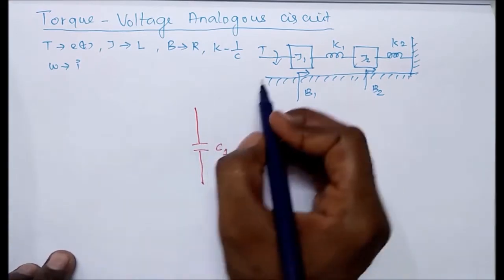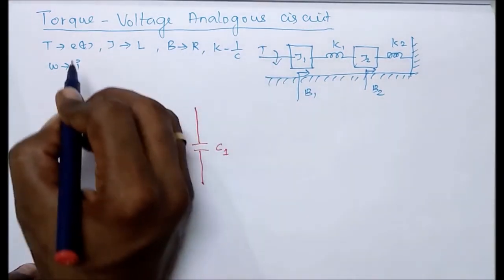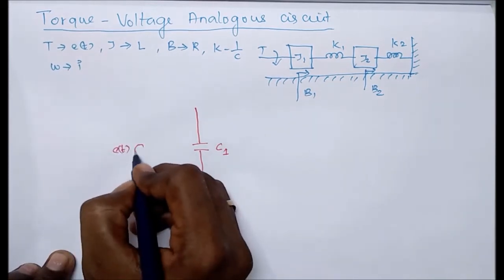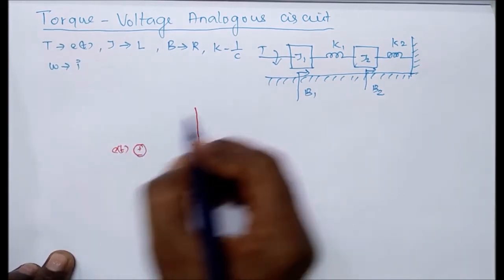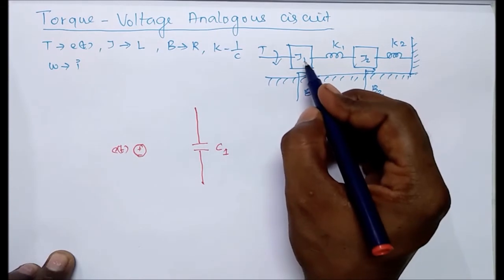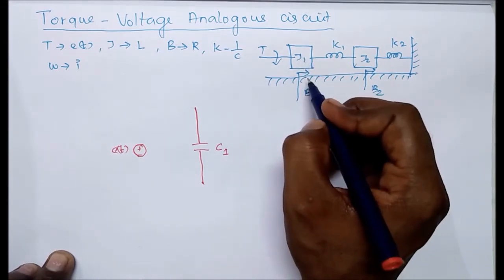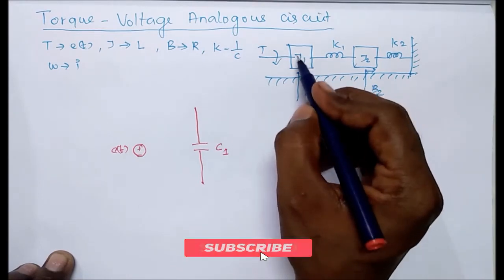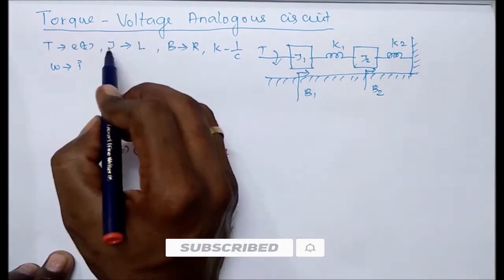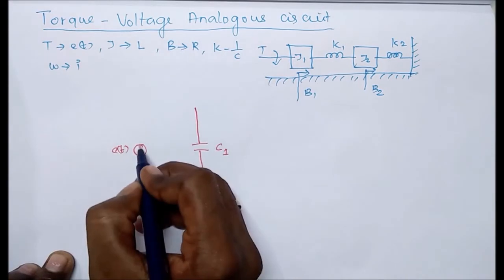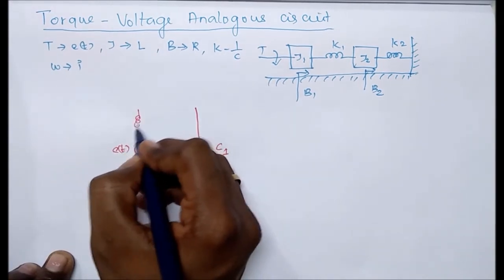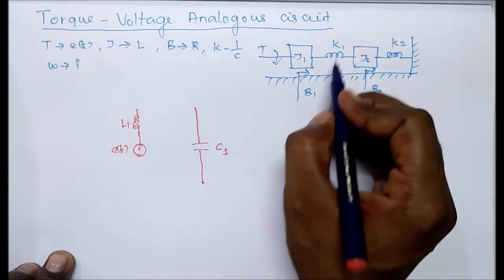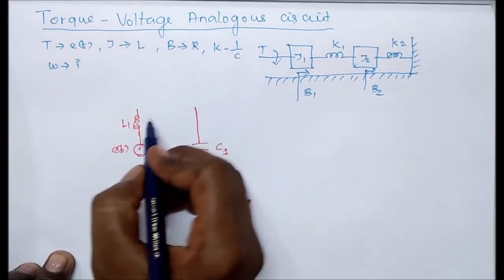So now in the first loop, this is the applied torque, its electrical equivalent is voltage. So now we have to use E of T. It means there is a voltage source. Next there are two elements that are only part of loop 1. Therefore for J1, the equivalent of J is an inductor, so for J1 we have to use L1. Next B1, for B here R.